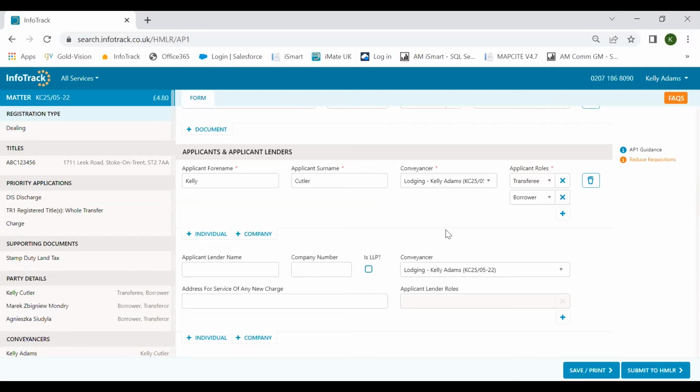As you can see here, the majority of the work is done for us. The applicant's name has pulled through, as well as the details of the lodging conveyancer, already pre-populated. We can also complete the applicant's role field because we know that you're lodging a transfer and a charge. All that we need to do here is simply enter the lender's details for the applicant,